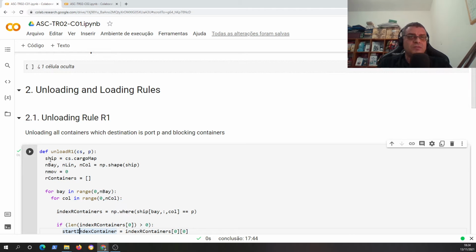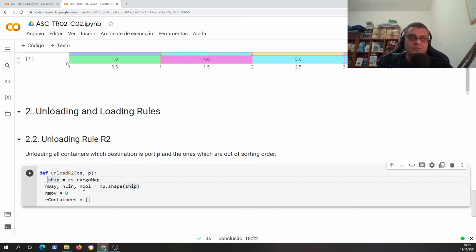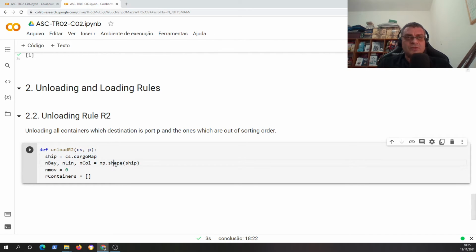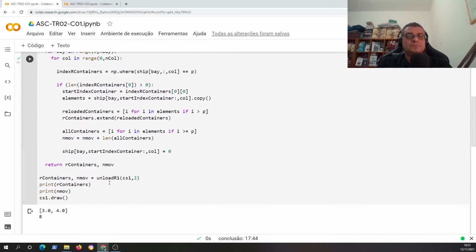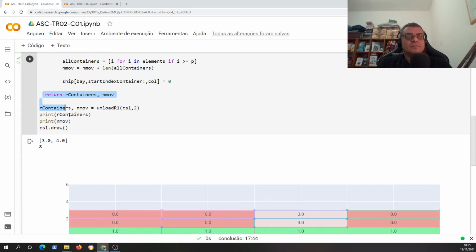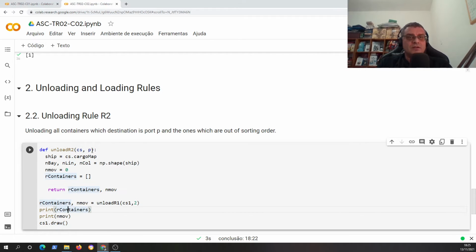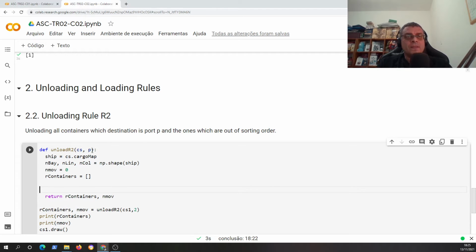Here, this first part is very important, because this part we can just copy because this is a short name for CS cargo map and bay and dimensions of the ship, and finally the parameters that should be returned. Also, we can copy the return and the test that we should perform for this function. Okay, so here are the things that we should copy from the previous function, the unloading rule 1, and now we should